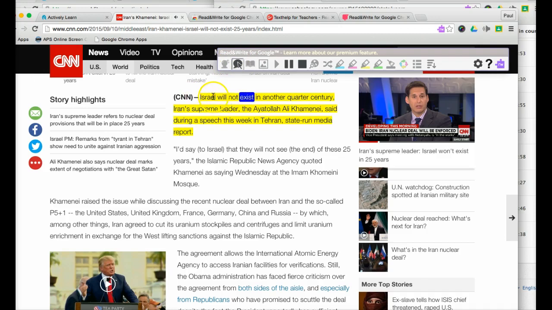Israel will not exist in another quarter century, Iran's supreme leader, the Ayatollah Ali Khamenei, said during a speech this